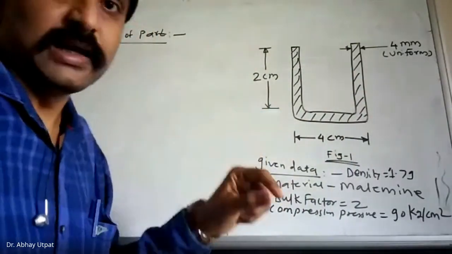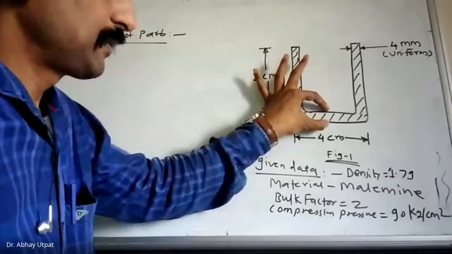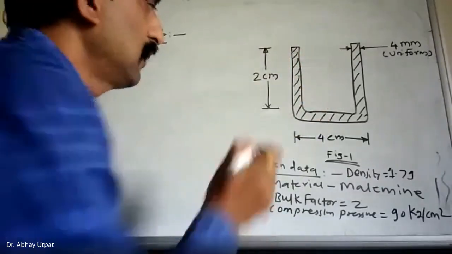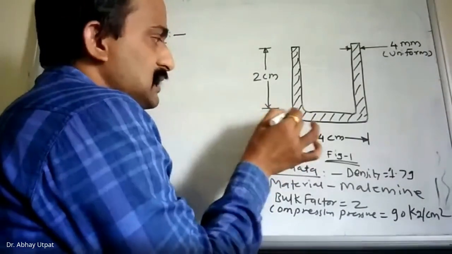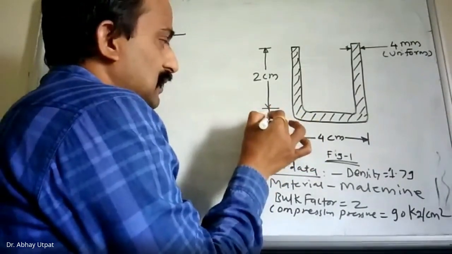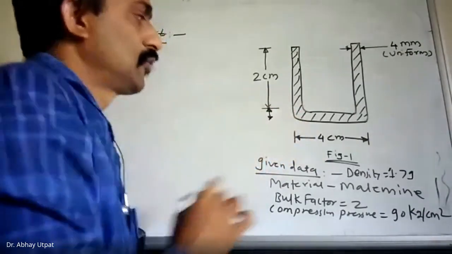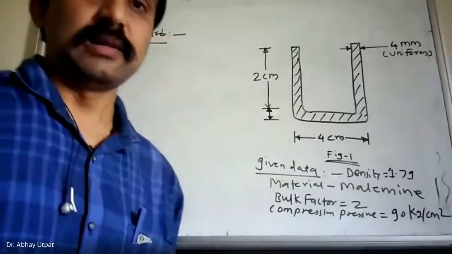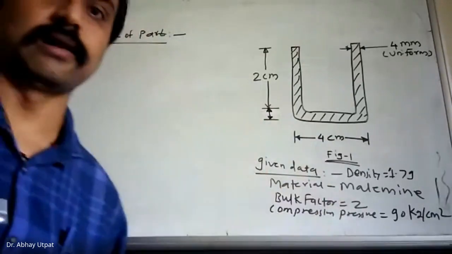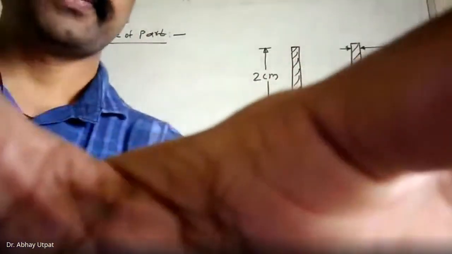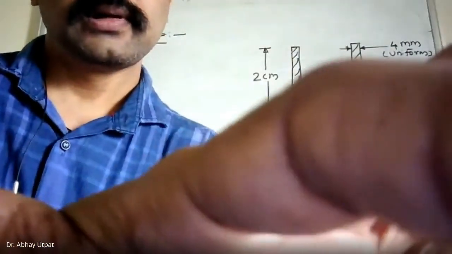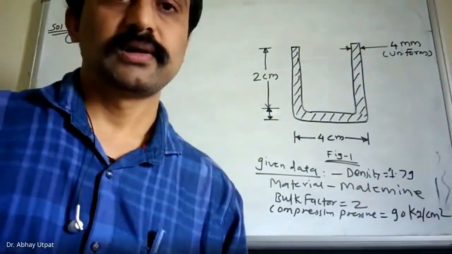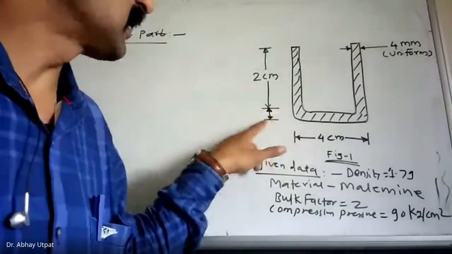Can anybody tell me what is this distance? I repeat once again, 2 centimeter is given here. Then what will be this distance? Who will tell? Tell me what is this distance. It is given indirectly. I will take the names now. Ajinkya Jadhav, roll number 23. Yes, sir. Can you tell me this distance?